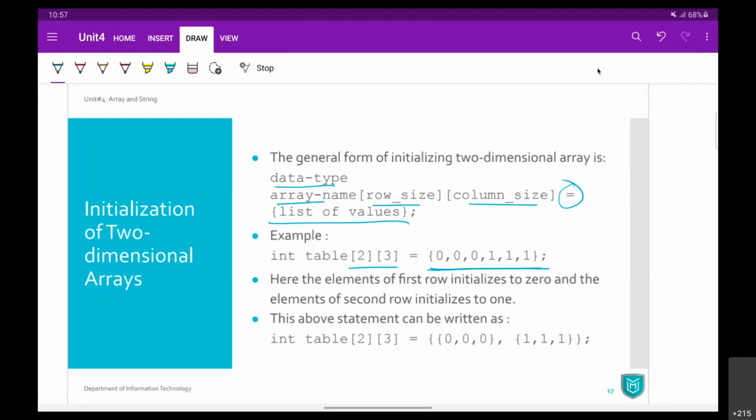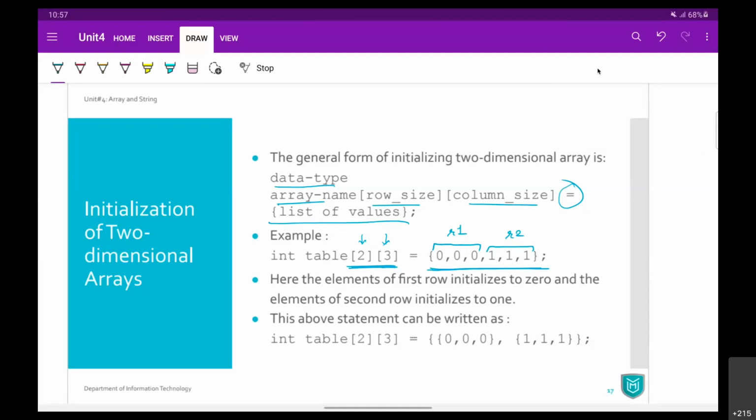Now C is automatically going to decide based on the dimensions. There are 2 rows and each row will have 3 columns, so the first 3 values will be row 1, then another 3 values will be row 2, and so on. So that's how it is going to decide which value goes in which element.